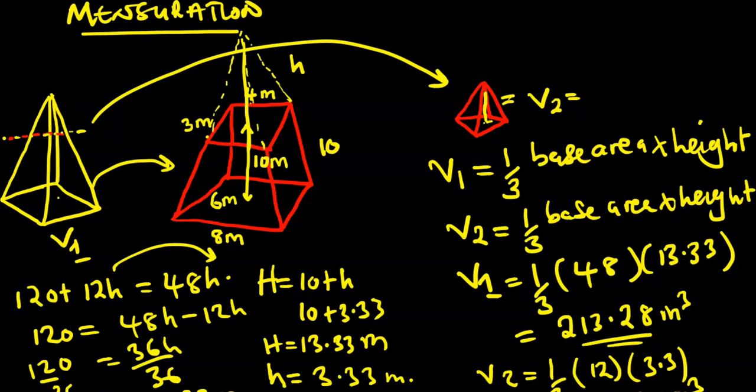So volume 1 minus volume 2, 213.28 minus 13.32. So for me, the final answer is giving me 199.96 meter cubed. This one is the volume